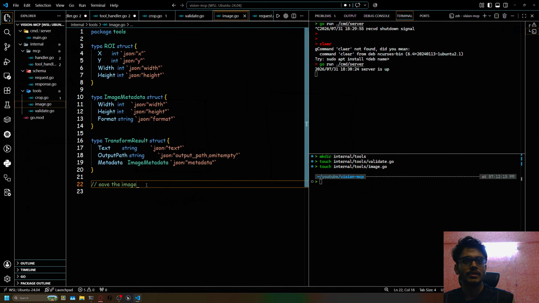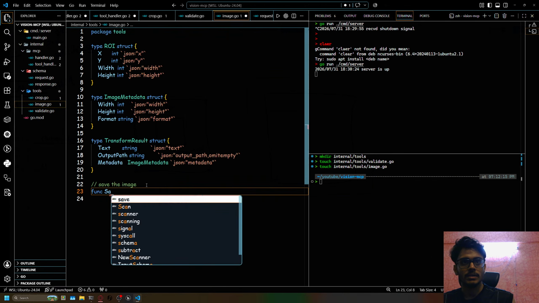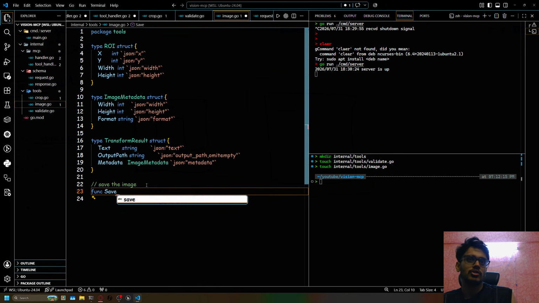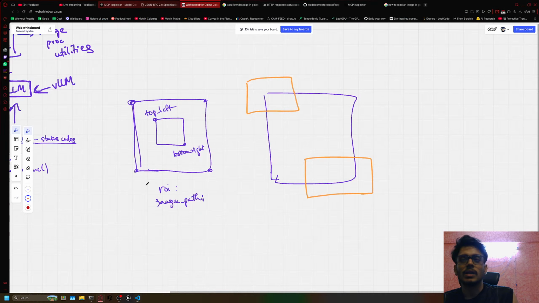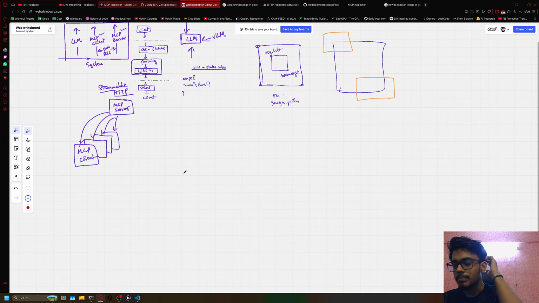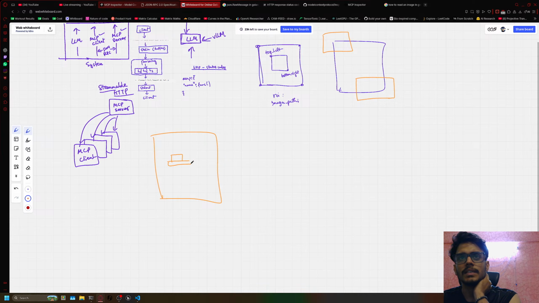Okay, so let's save the image. Let's implement that, because that is something I have in my mind. Let's say save the image temporary. Okay, so I'm just getting some idea. So what can happen? Let's say a task. Let's say I have an image. So the task is basically in this image, let's identify wherever cars are. My car drawing is pretty bad, but just bear with me. So if I'm doing something like this,